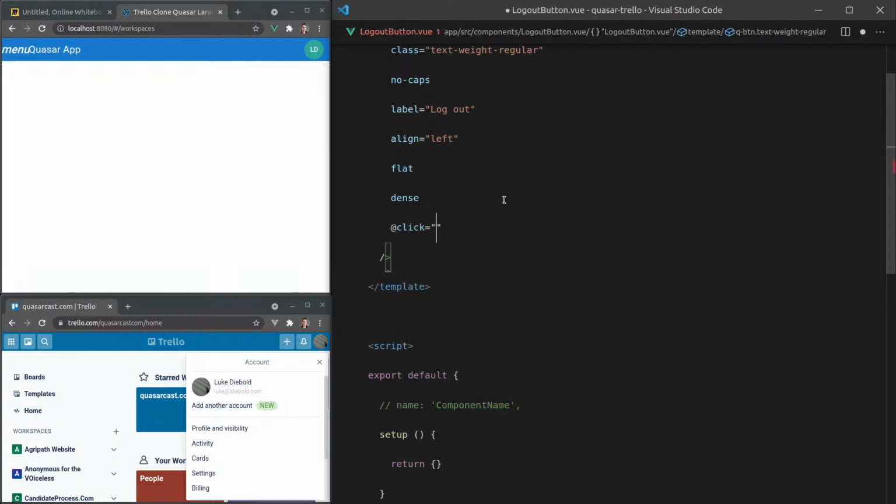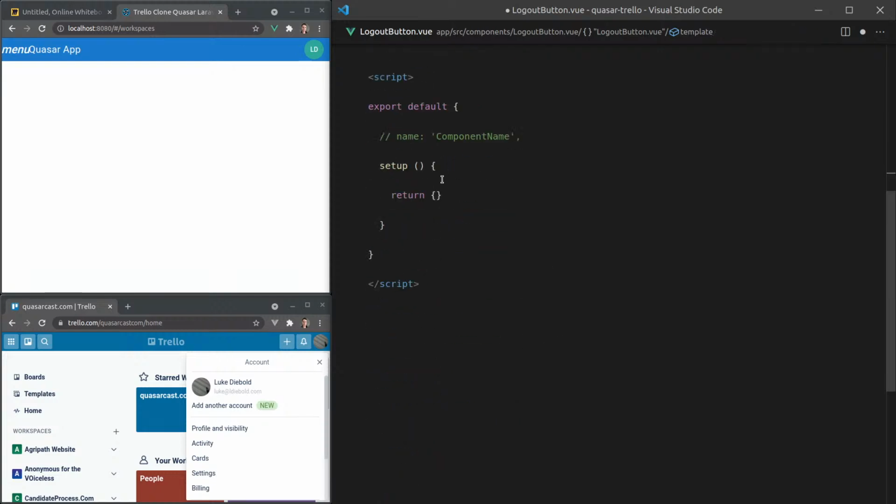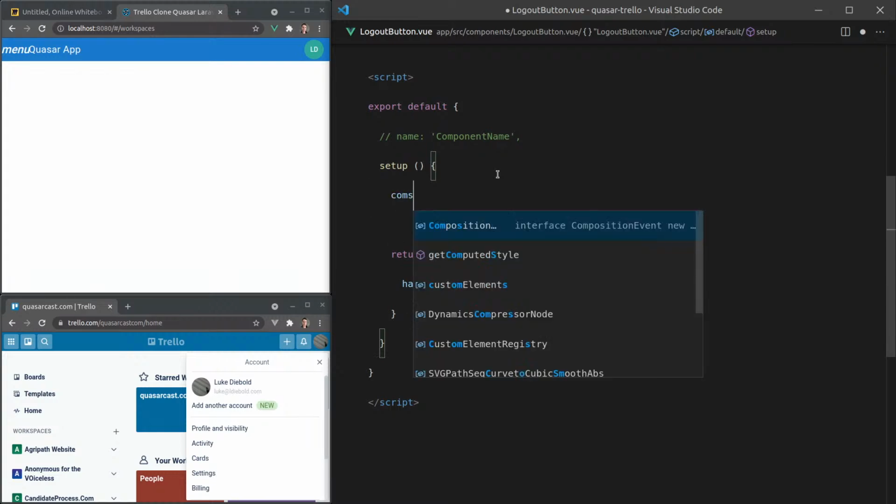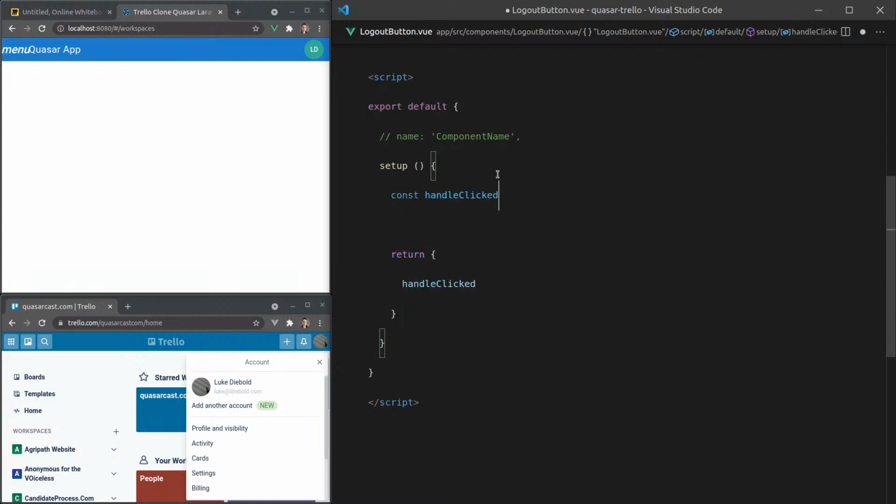@click is equal to handle clicked. The reason I don't say handle logout clicked is because it's obvious it's logout because we're in a logout button. So now we can come down here and actually implement that by saying const handle clicked is equal to a function,